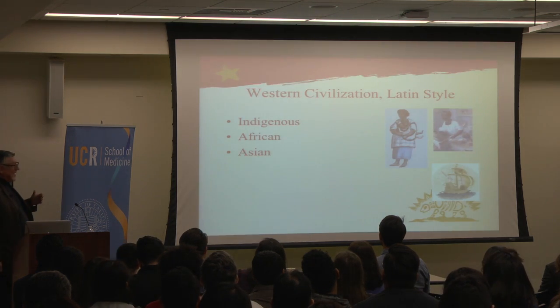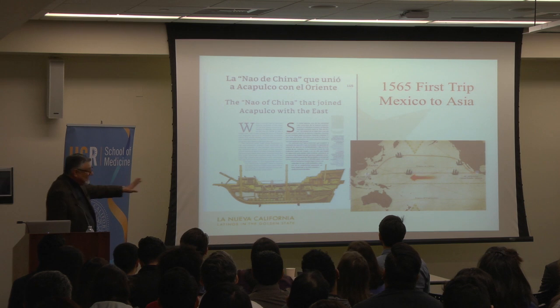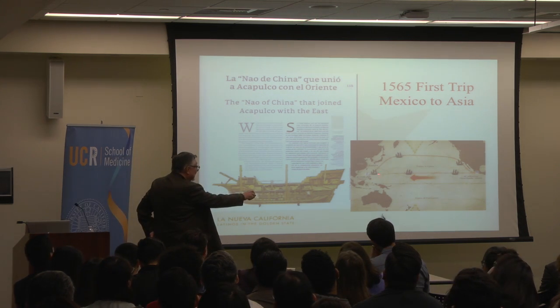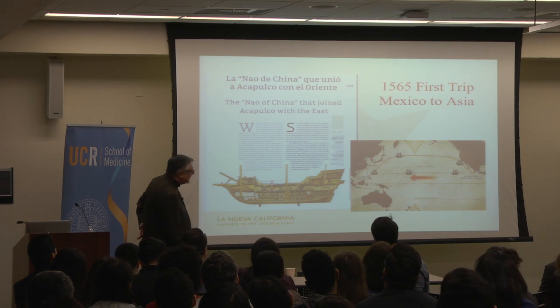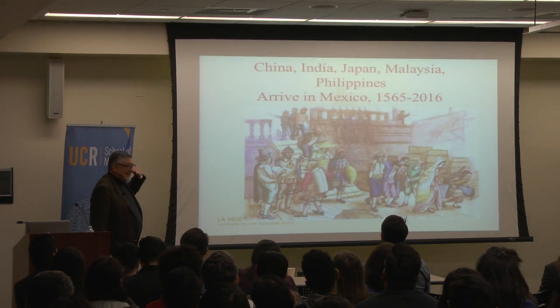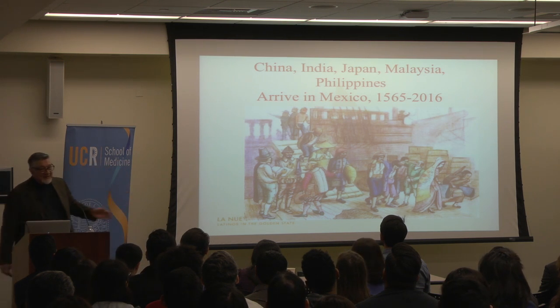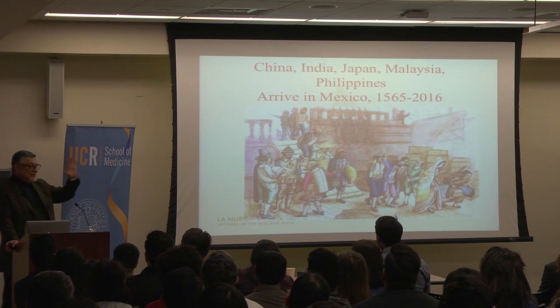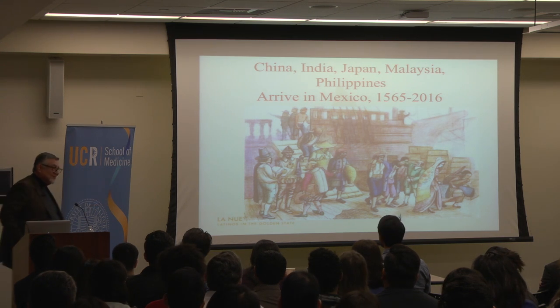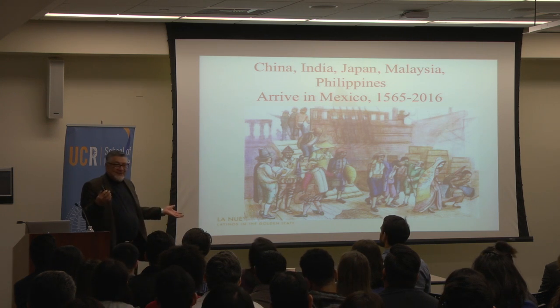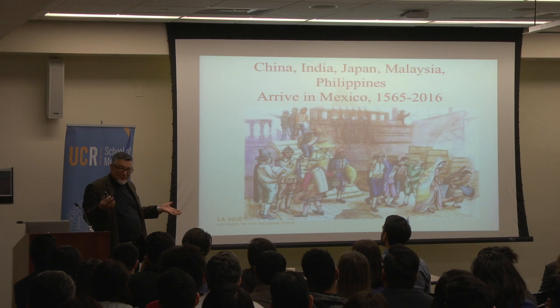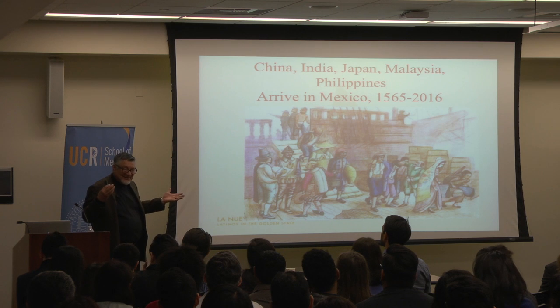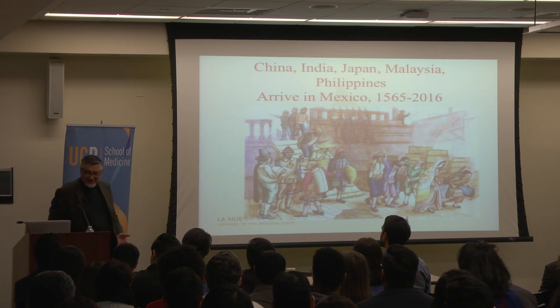Okay. Then Asian. Oh, we forgot Asian. The treasure fleet, however, starting in 1565, left Acapulco, hit Manila, came back along the Pacific Current. And for the next 300 years, you had people all over from Asia, from China, India, Japan, Malaysia, the Philippines. They did have to be Christians. That was the one. I mean, they just couldn't come aboard as long as they were Christians. And so you had communities of Chinese. You had communities of Filipinos all over Latin America. Well, come on. The presidential candidate last time, Keiko Fujimori, although she was more recent. Osorio Chong, you know, the Minister of Finance in Mexico. So you get people from Asia as well.